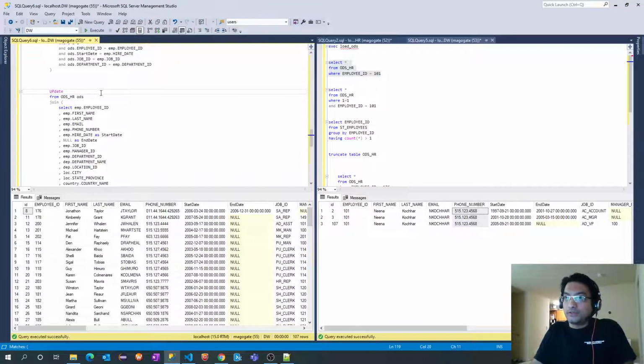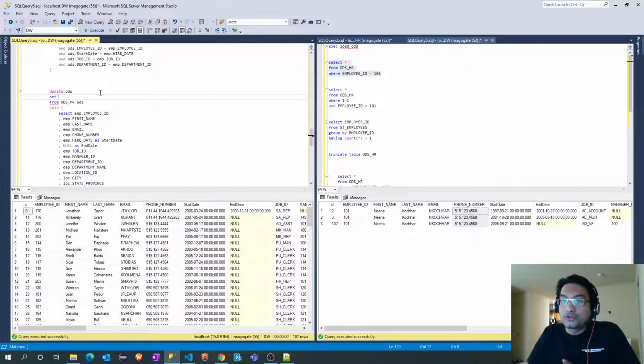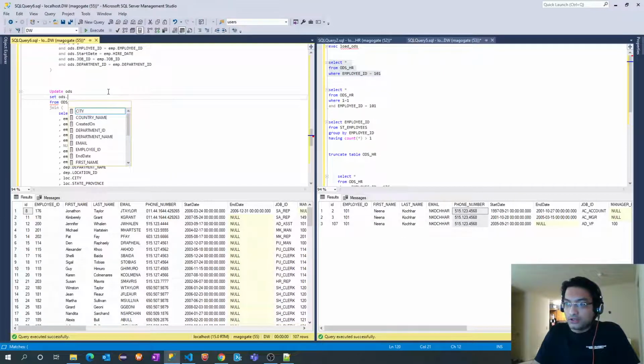So what I will do, update. Set. Now we have to choose which columns we need to update here. Ideally, we should update all the columns. So let's say set ODS dot first name equal to employee dot first name.